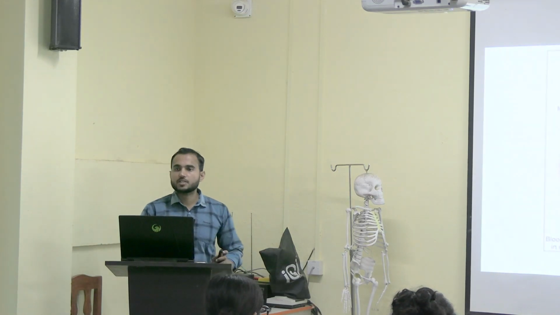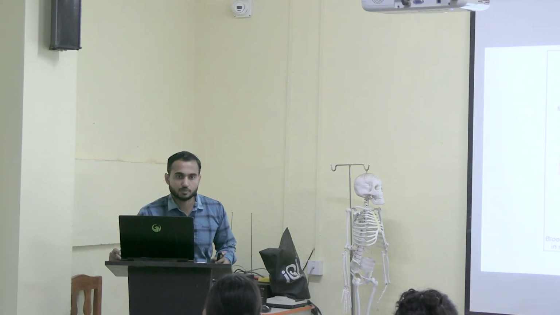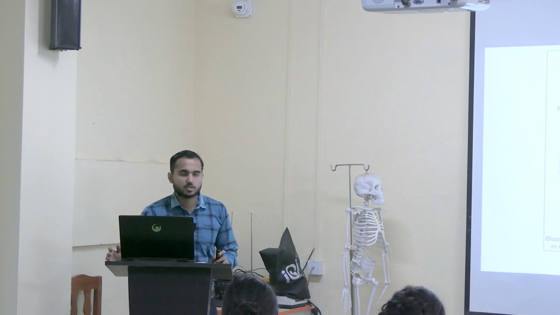In the female reproductive system, after the ovary, what is the next organ? Yes, fallopian tube. Then uterus. Yes, very good. So along with the uterus, we have to include cervix also. Okay, so like this we have to go. So first we have seen the ovary, next will be the